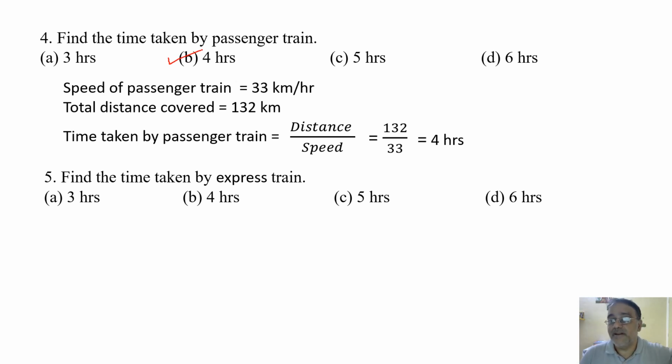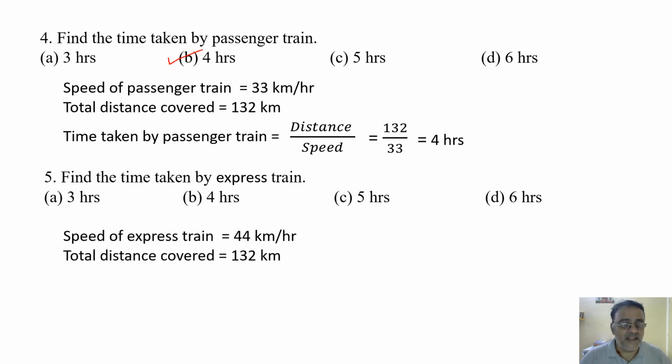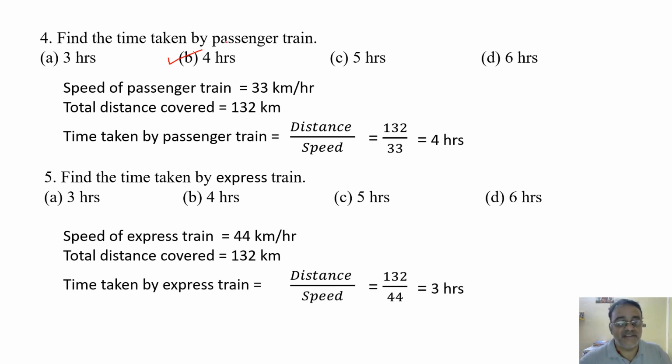Option B, right? Now find the time taken by express train. क्वेश्चन में लिखा हुआ है लेस 1 hour लेस, ठीक है, तो डायरेक्ट हम लोग 3 hours में टिक कर सकते हैं, अदरवाइज वी कैन गो फॉर द स्टेप्स. स्पीड इज गिवन 44 km per hour and the total distance is 132 km. So distance upon speed will be time. 3 hours. Yes, we are getting 3 hours. So the correct option is Option A. Option A, right? So this is the last case study question, last question, and in the next session we will do arithmetic progression multiple choice questions.